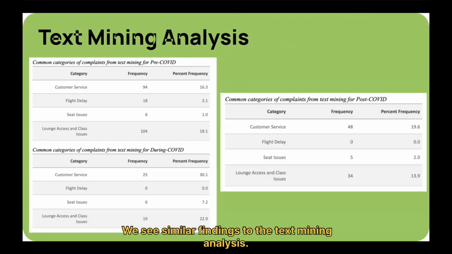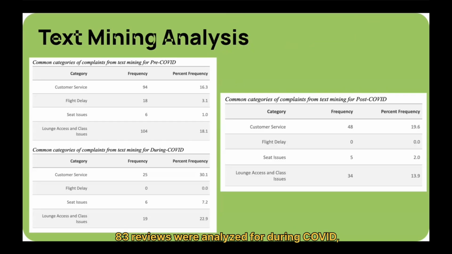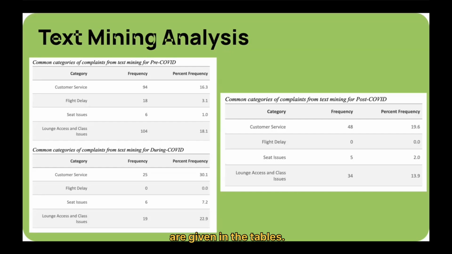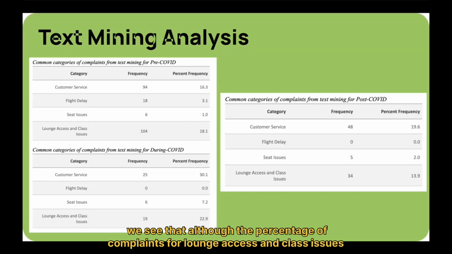We see similar findings through the text mining analysis. A total of 575 reviews were analyzed for pre-COVID, 83 reviews were analyzed for during COVID, and 245 reviews were analyzed for post-COVID. The most common categories for the pre-COVID, during COVID, and the post-COVID periods are given in the tables. From the 3 tables, we see that